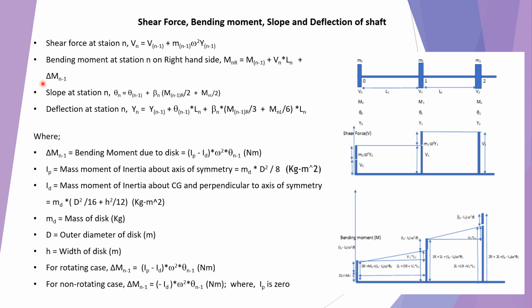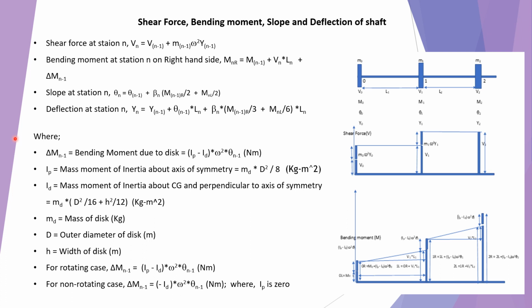of disk. Slope at station n is theta n equal to theta n minus 1 plus beta n into (Mn minus 1 R upon 2 plus Mn L upon 2). Then deflection at station n is Yn equal to Yn minus 1 plus theta n minus 1 into Ln plus beta n into (Mn minus 1 R upon 3 plus Mn L upon 6) into Ln,